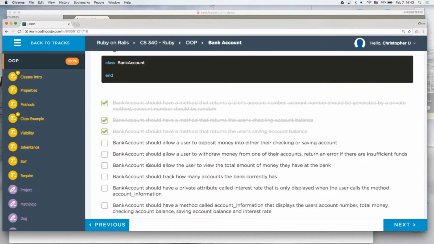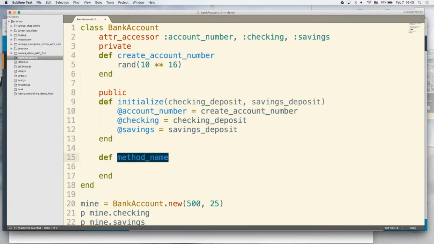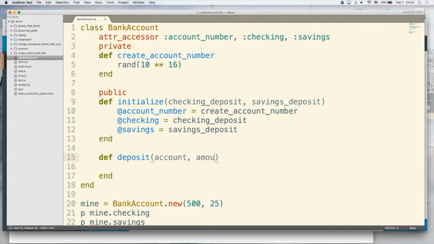Alright, next on the list, bank account should allow a user to deposit money into either checking or savings. Alright, so we're going to need to create a deposit method. And we'll just call this deposit. Now you can deposit either into checking or savings, so in addition to amount, we'll need to know which account. So let's just pass in an account and the amount,